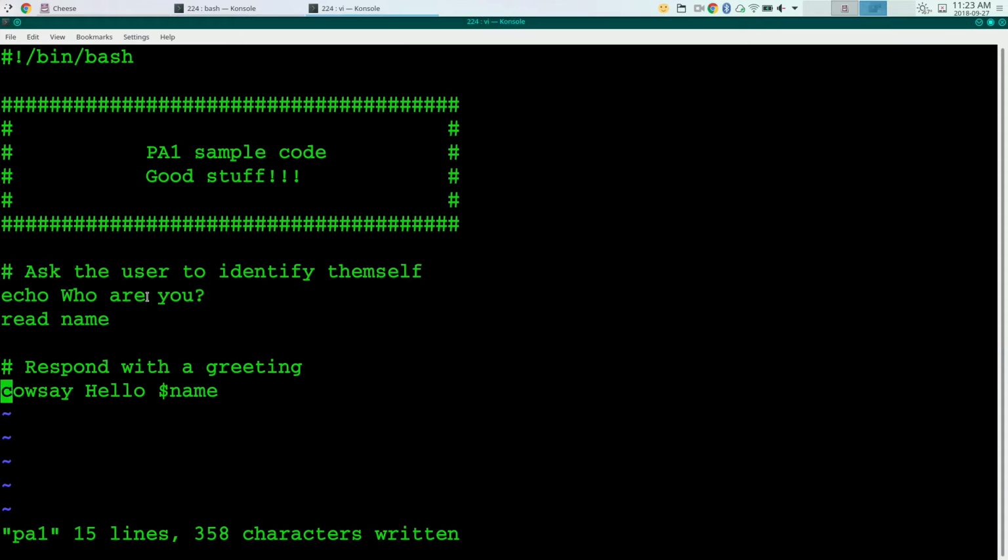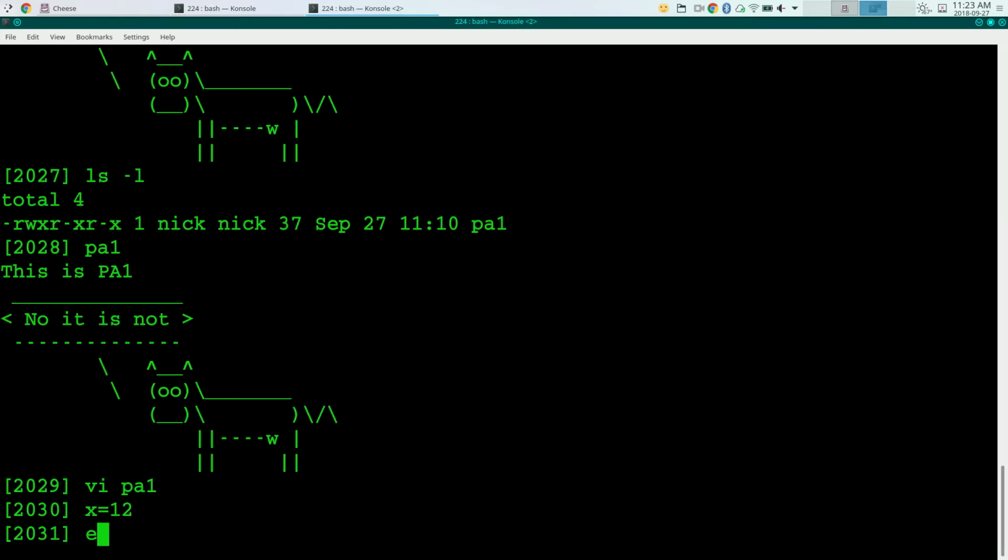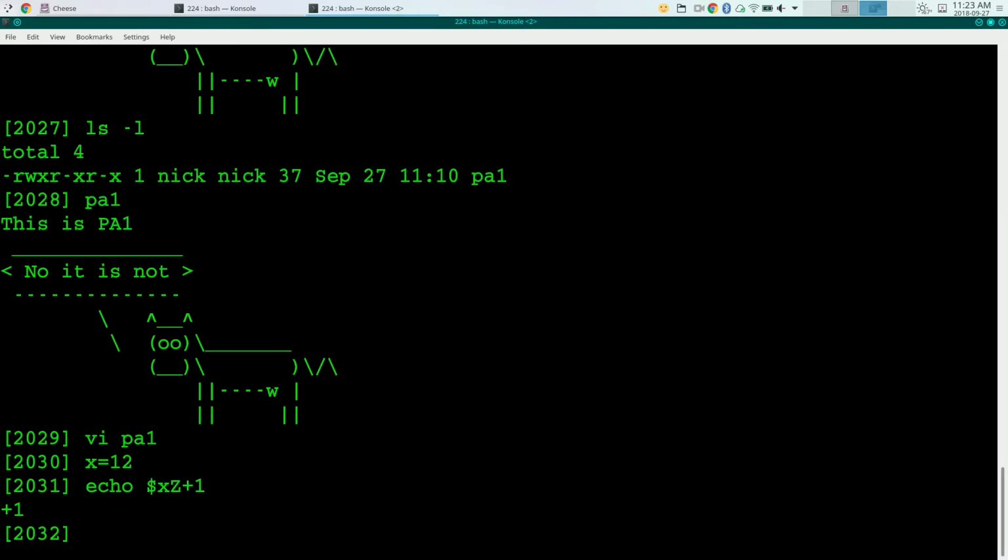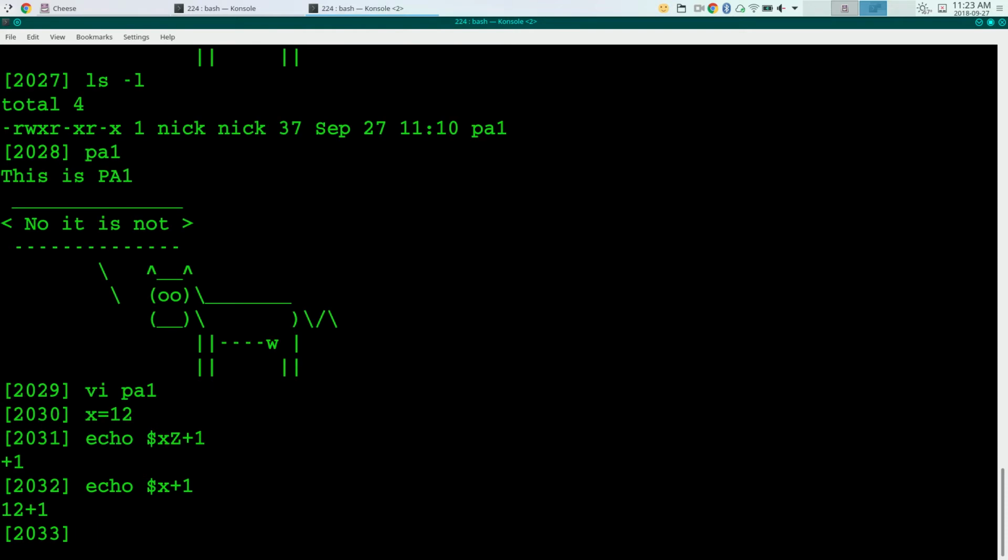All right, so what about arithmetic? So x equals 12, echo x plus 1, and it says 12 plus 1. Amusing, but not what we want. So sometimes, even though x is just the character 1 followed by the character 2, we want to treat it like an integer. And there's a slightly quirky way to do that,